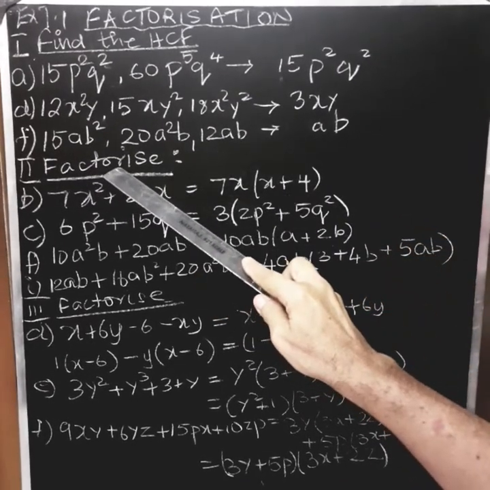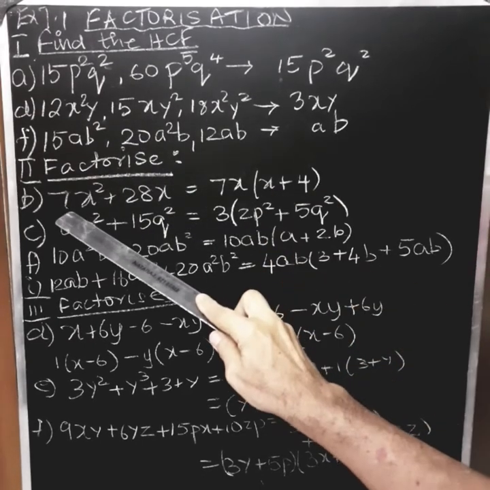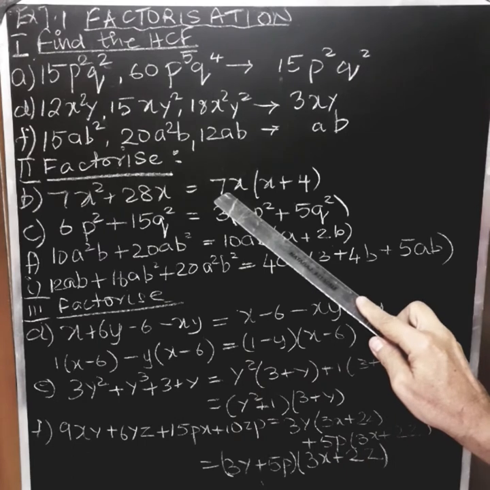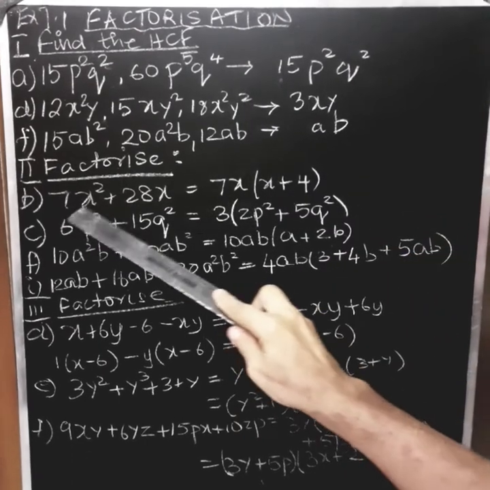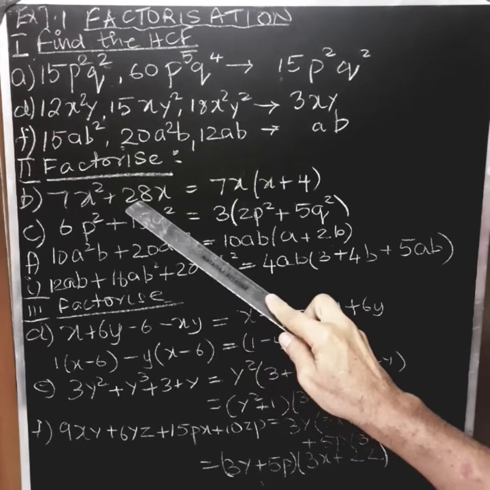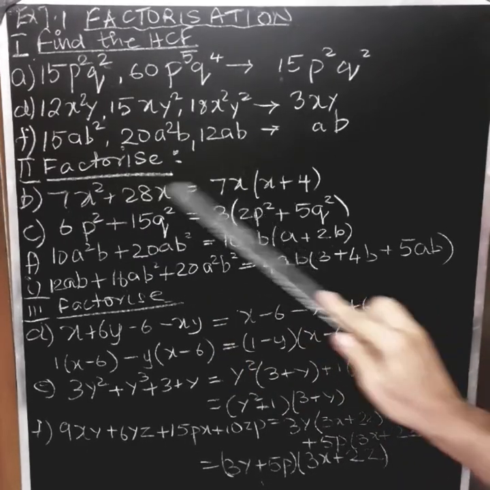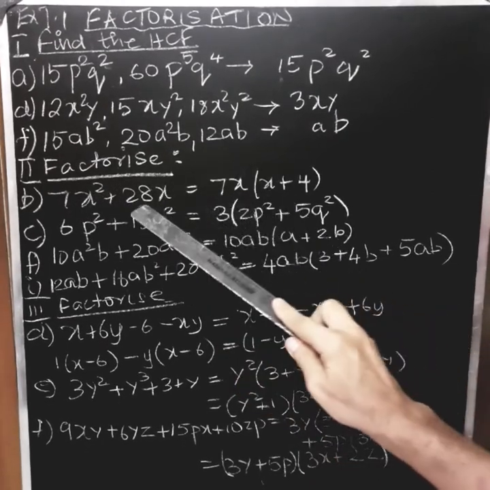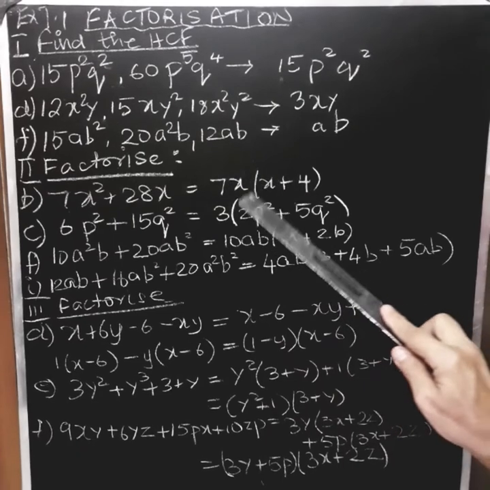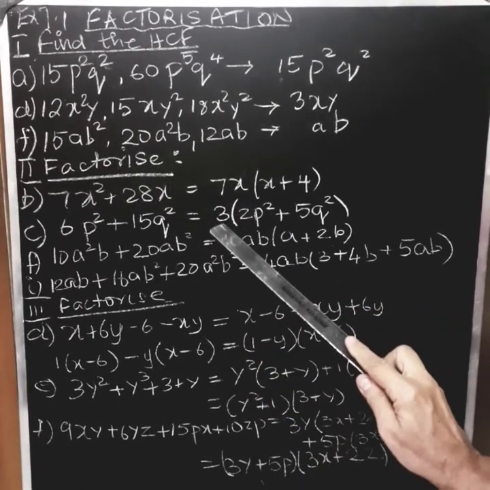Now the second type of factorization, now we go to the real factorization. First we take out the HCF, so we studied HCF for this. The HCF of these two numbers will be 7, which is the lowest. So we take out the HCF. Now we divide this by that. So 7x goes means 1x is there. 7 divides 28 4 times, x and x cancel. So you understood, you have to take out the HCF and write it here.